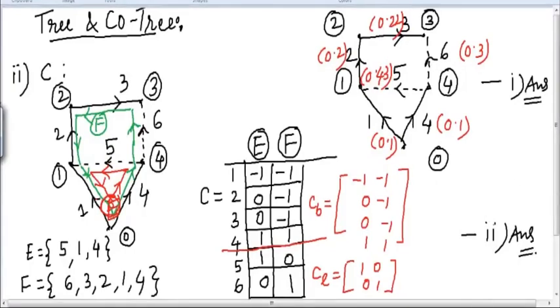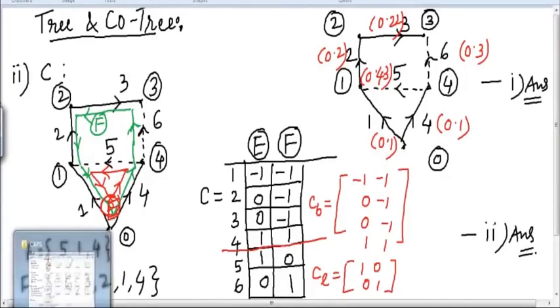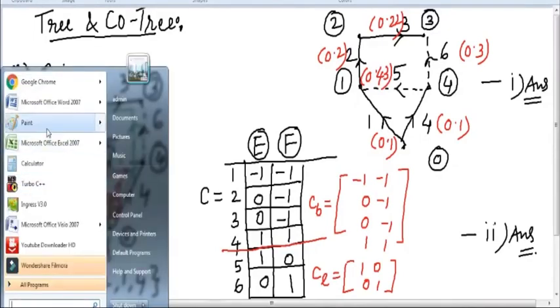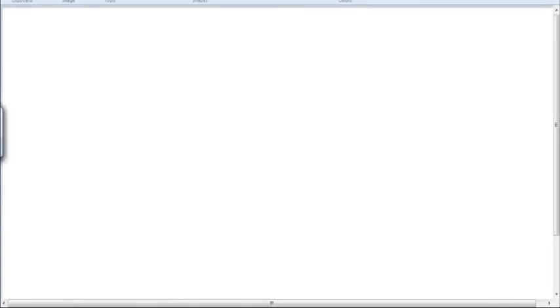Okay, now let us go to the third bit. What is the third bit? In the third bit they have asked for the basic cut set incidence matrix. So we will start solving the third bit. The third bit is to find B. For this, we need to draw the graph once again. Sorry, the tree and co-tree once again. So we will just draw the tree and co-tree once again and